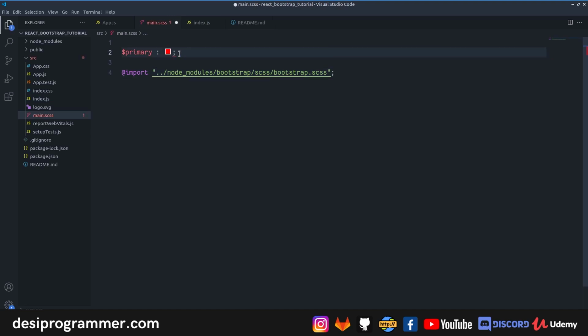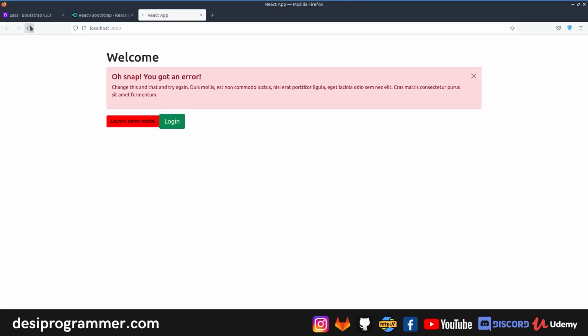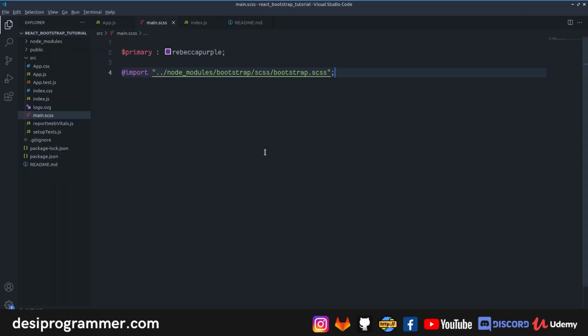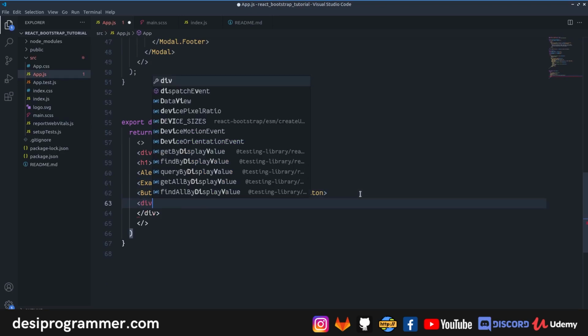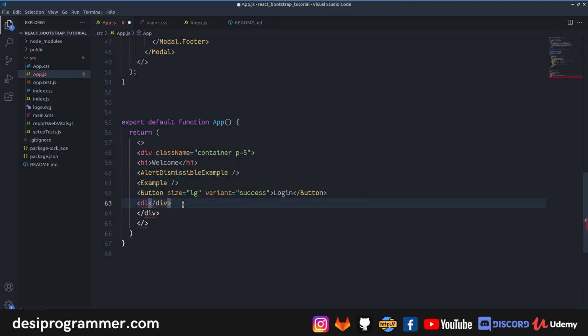Don't believe me? Let's change this to rebeccapurple. Wow, I do remember the spelling. That's amazing. Let's reload, and here now this is rebeccapurple. So the difference that it's going to make here is that now if I have let's say a division, we have this division, which has this container.